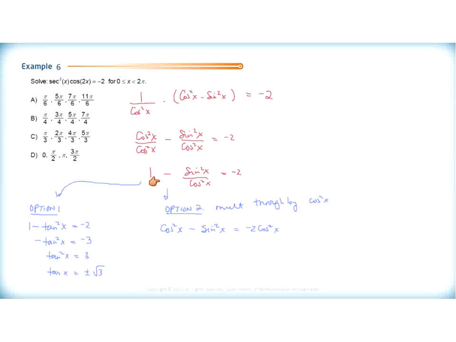And all I did there is I multiplied everything through by cosine squared. So 1 times cosine squared is cosine squared. Cosine squared times this, of course, the cosine squares will cancel. You're left with sine squared. And a negative 2 times cosine squared is a negative 2 cosine squared. If I bring the negative 2 over to this side and call it positive,